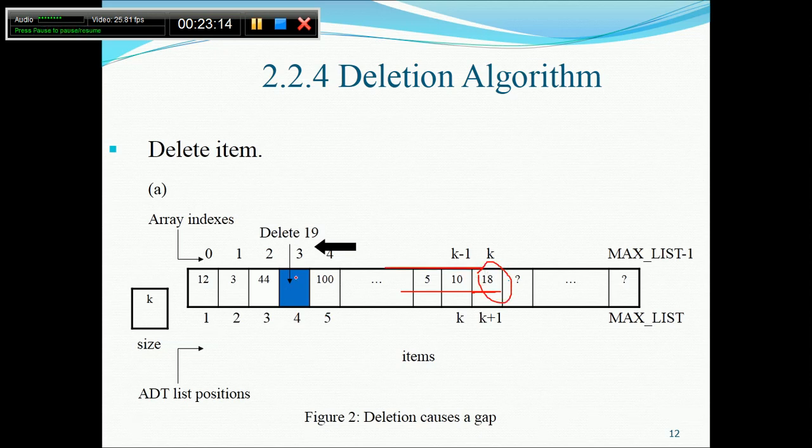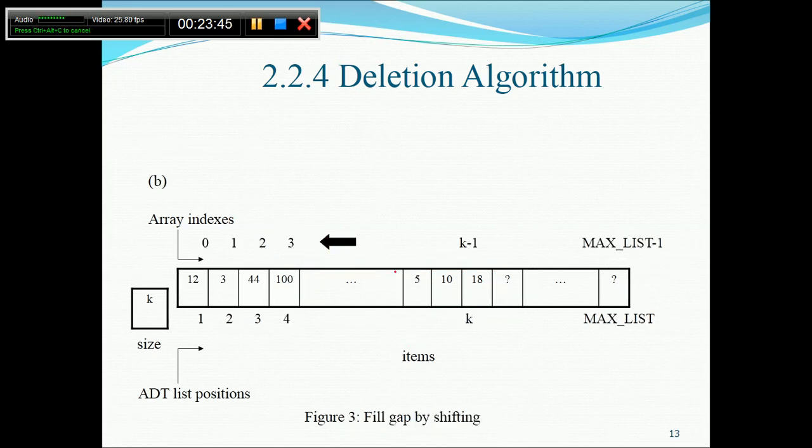But suppose you want to delete something in between, deletion is fine, but it will create a gap. How to fill that gap? What is the idea? At the point of the deletion, all the elements from here onward will go one index back. So 100 will go here, this element will go here, the 5 will go just the index before, because you have deleted one element only. Okay, so this is the idea. Once every element has been shifted, the new index would be k minus 1. Fill the gap by the shifting process.